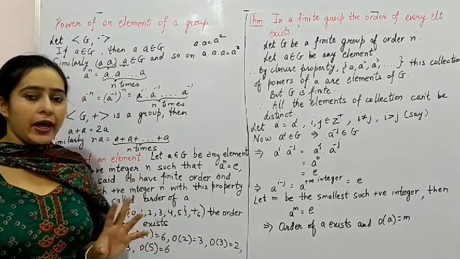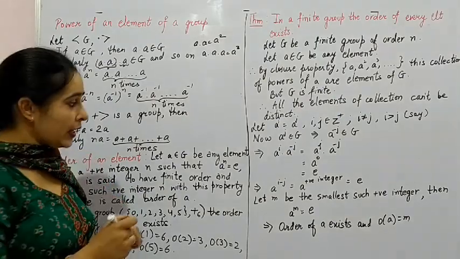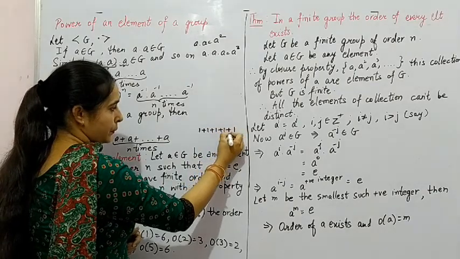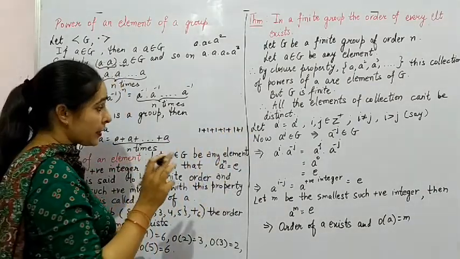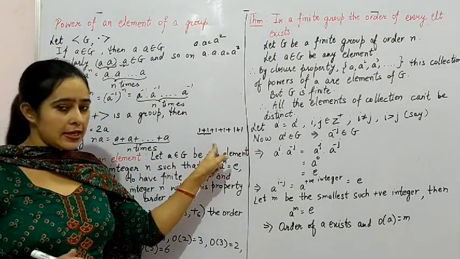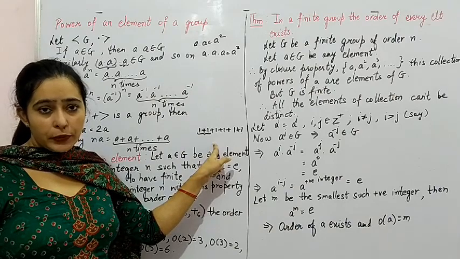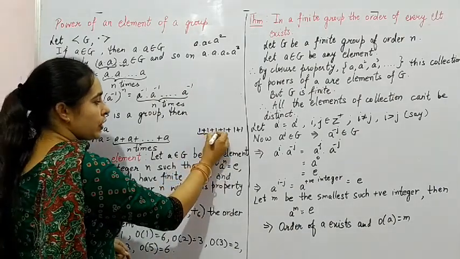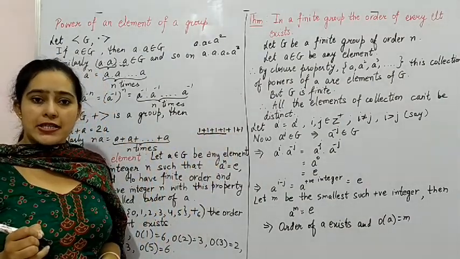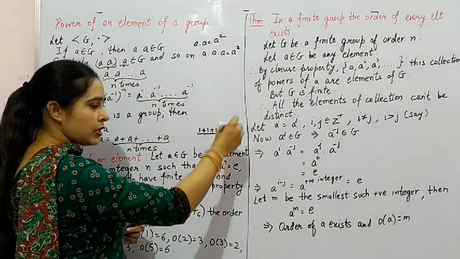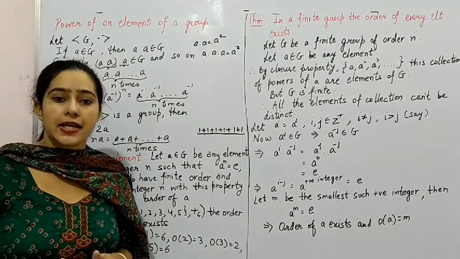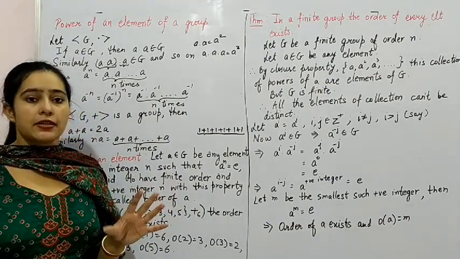Now how many times do I have to add 1 to get 0? I have to add 1 six times. Why? Because if I add it 2 times, 1 plus 1 is 2, modulo 6, on dividing by 6 the remainder will be 2. That is not 0. It is 3, on dividing by 6 the remainder is 3. This is 4, on dividing by 6 the remainder is 4. And similarly so on. When we add 1 six times, we get the answer 6, and on dividing by 6 the remainder is 0.